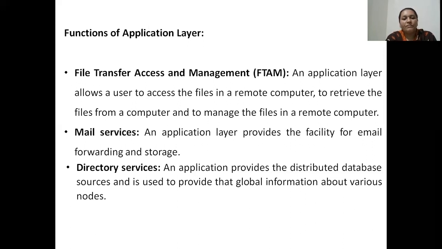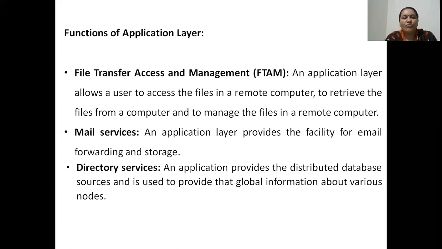And also the directory services maintain global information about various nodes on the network as well. Also, directory service provides user credentials in order to log into the network and make use of it. So username and password credentials are also provided by directory services to the users of the network.